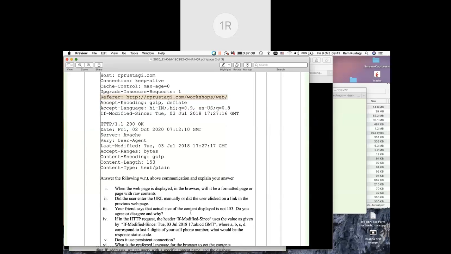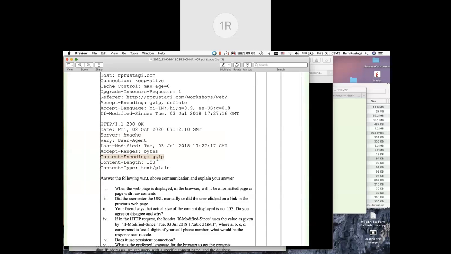Your friend says the actual size of the content displayed is not 153. Do you agree? It says content length is 153. Yes, that means what the web server has sent is 153 bytes. But the web server is also telling you content encoding is zip. That means what the web server sent you is zip content. When the browser has to display, it has to unzip it.